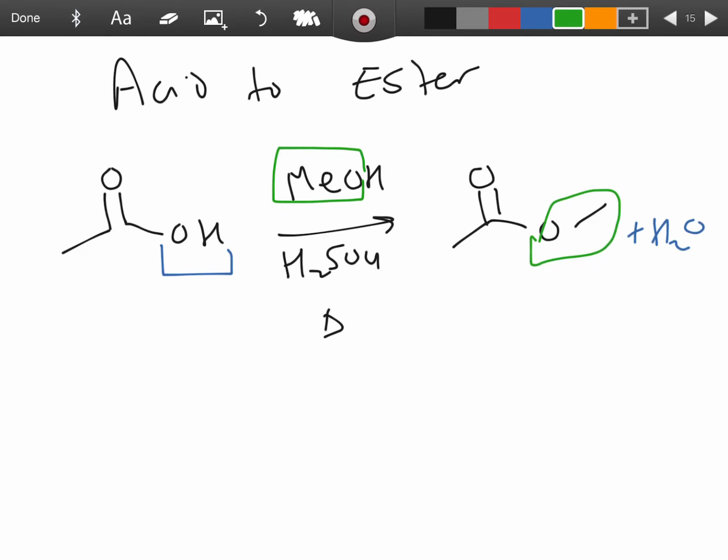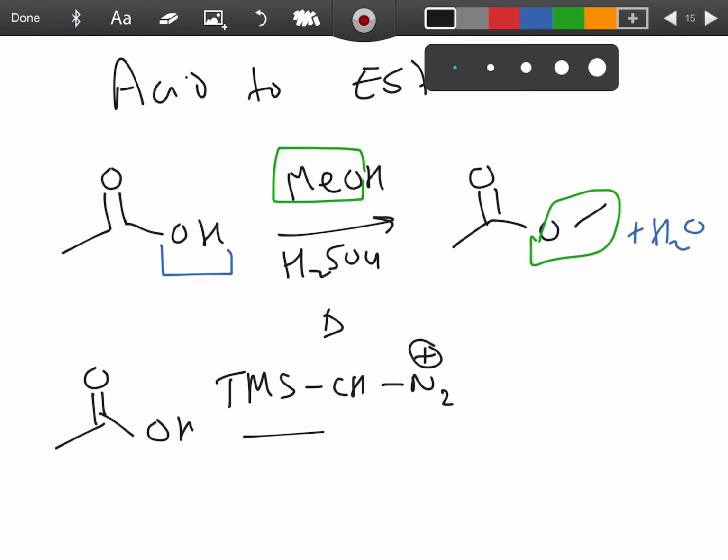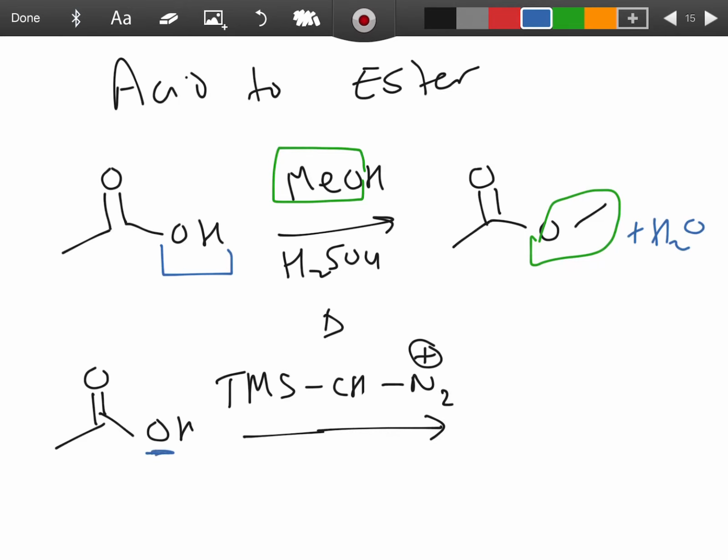The way they did it is they took the acid and they added, oops, I do have an extra hydrogen. Let me check. I do. So they use something called TMS diazomethane. And they keep this oxygen. They basically use the